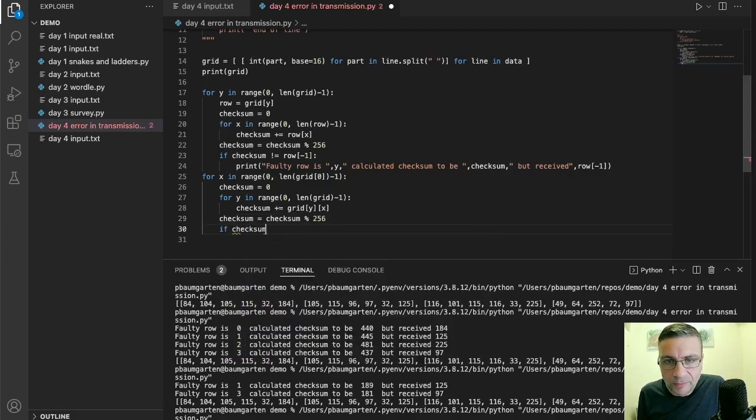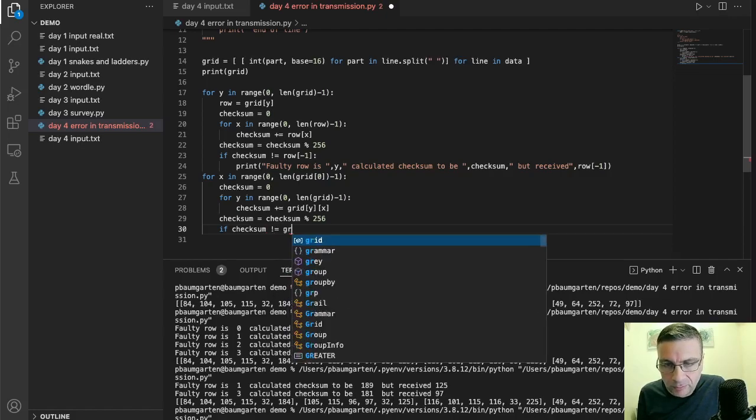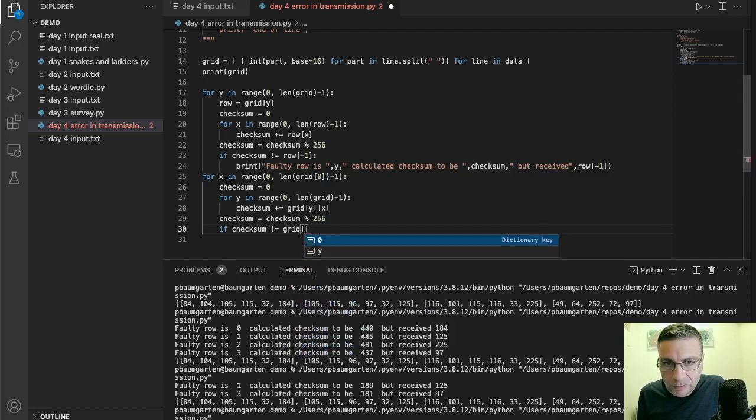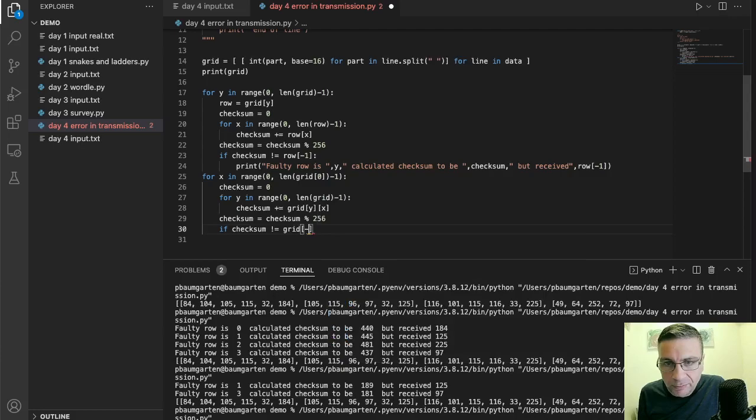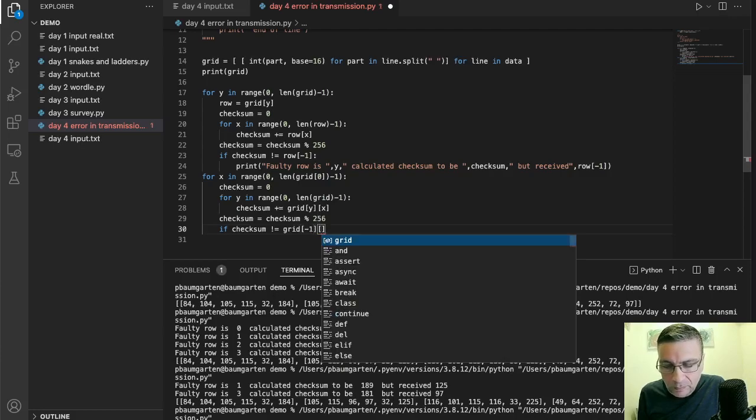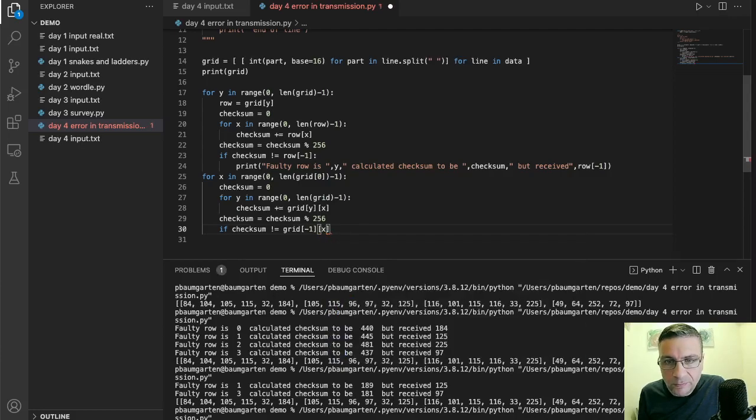And if the checksum doesn't equal what's at that column, so I need the max, I do need the y, yeah, so the last y for that column,